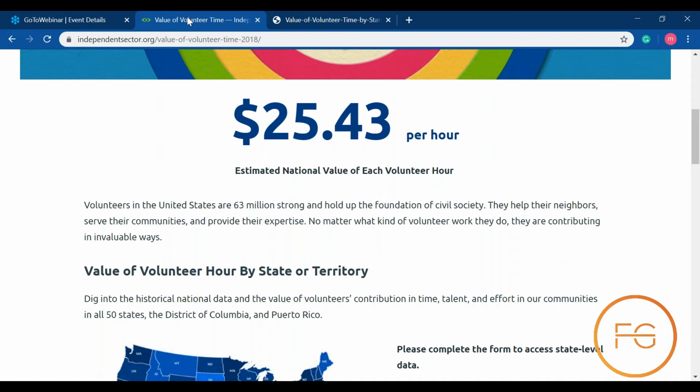So if you have someone that comes to your organization to do landscaping or office cleaning every single week, and they contribute, let's just say 10 hours a week, and you have 52 weeks out of the year, that is 520 hours of work. If you multiply that by the national wage, I'm going to do that since you're all in different states,